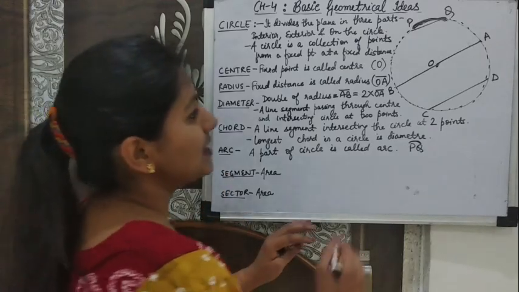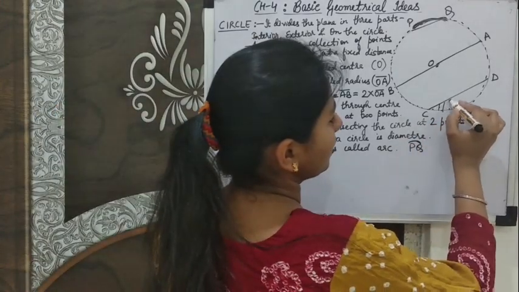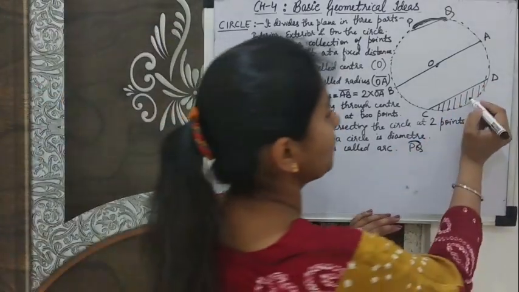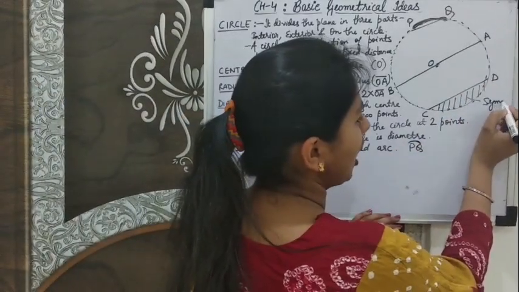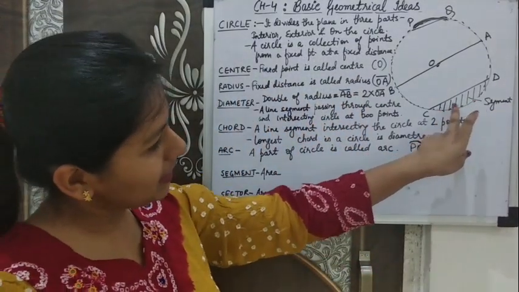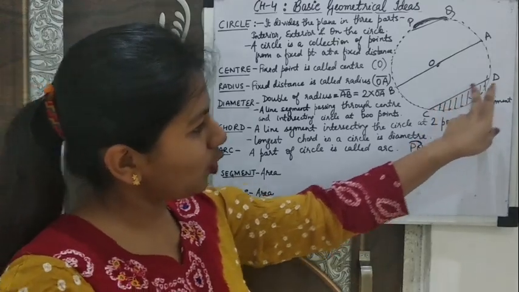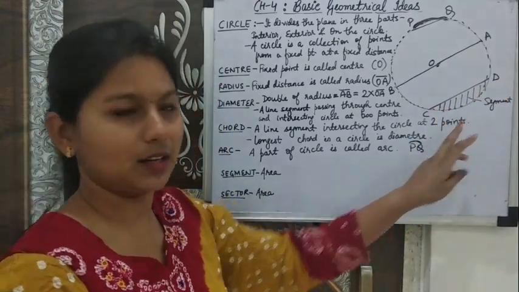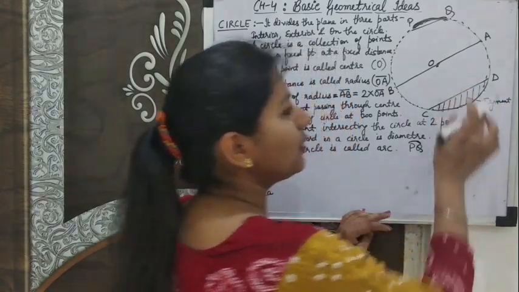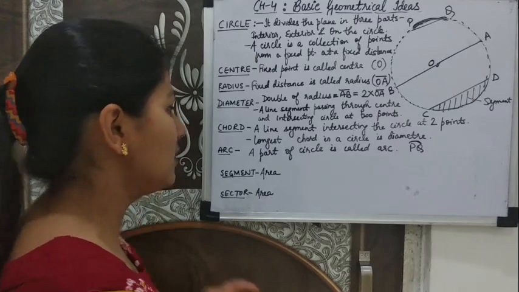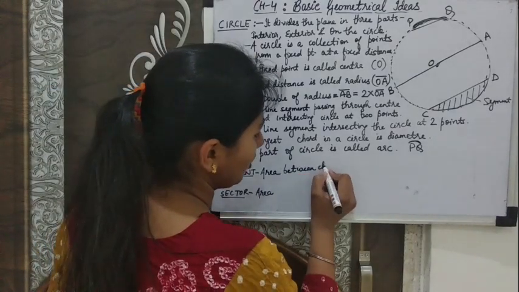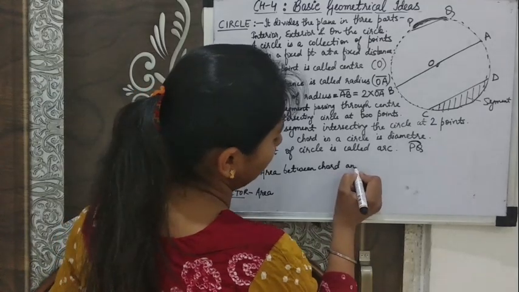Now segment. This area is called segment. So how can I define it? If you look at this segment, it is the area between chord and arc. This is chord and this is arc. So the area between chord and arc